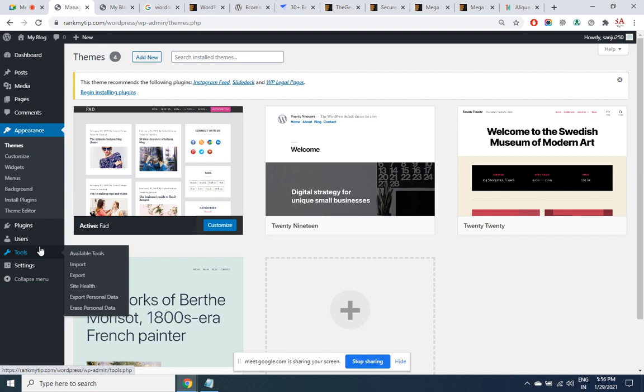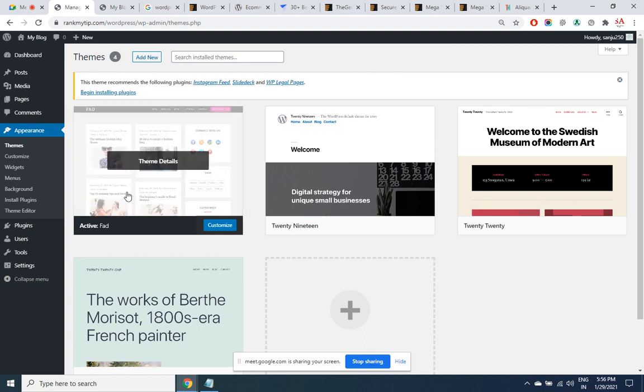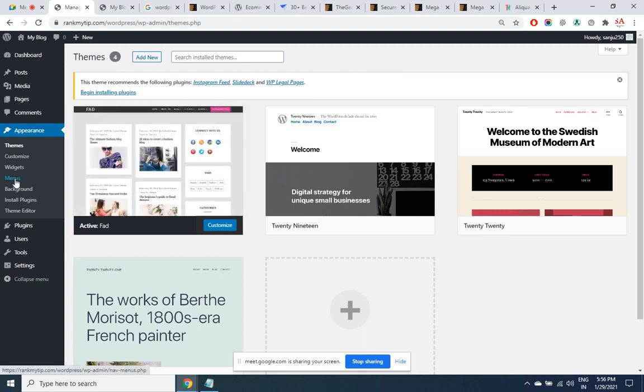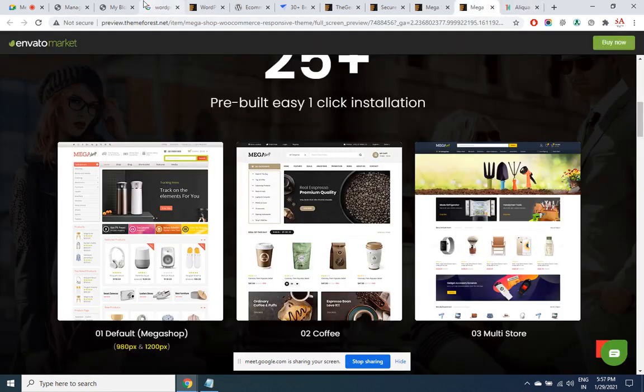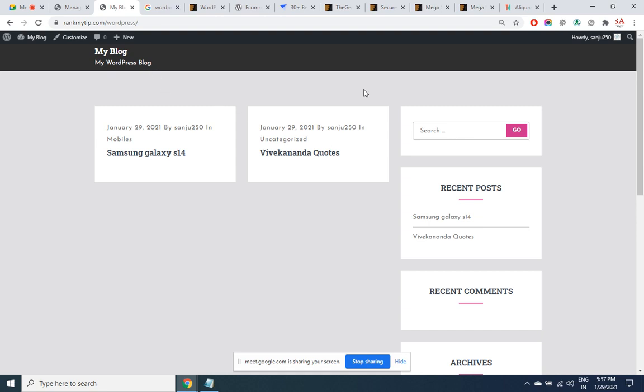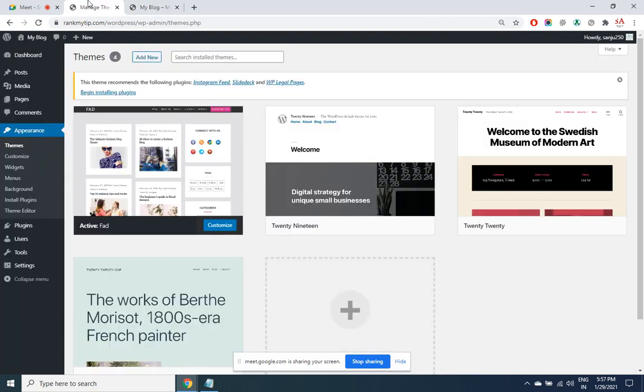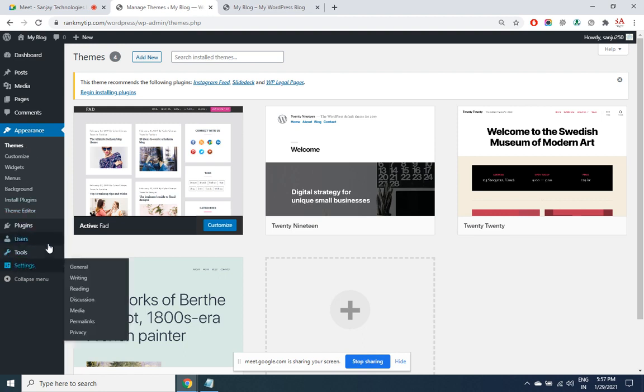Once the theme is installed, if I want to change the menu, the sidebar, for that I will have to go to menus. Let us see if we have a menu in this theme that we have installed. There's no menu. Let us install a theme which has got a menu. In case your theme is offering a slider, there will be an option here as slider. Then within that slider, add image 1, content for it, image 2, content for it.